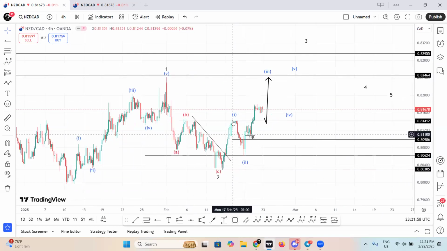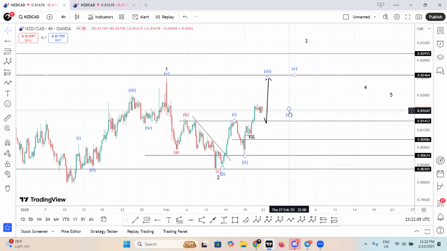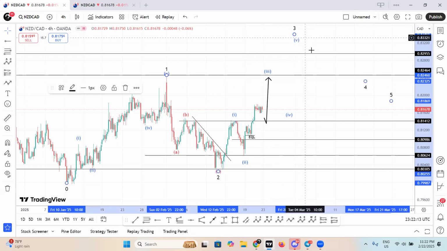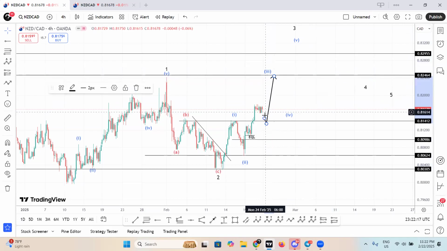And what do we expect next? We expect a move to the upside, which is a wave 1, wave 2. We are going for wave 3 to the upside, which is not complete yet. Then after wave 3, we go for wave 4 and wave 5 to the upside to complete this wave 3. So what do we expect next? We expect more to the upside. We expect a little retracement back to this level, because here we have a resistance,